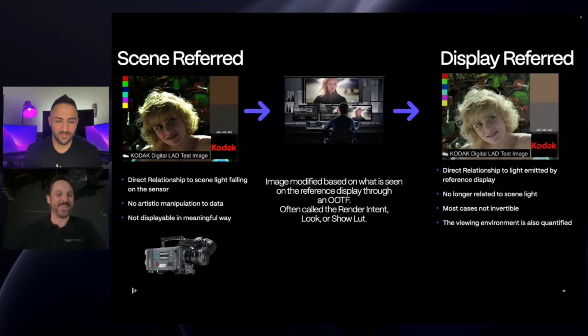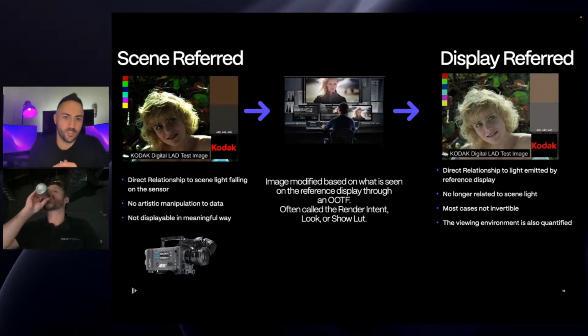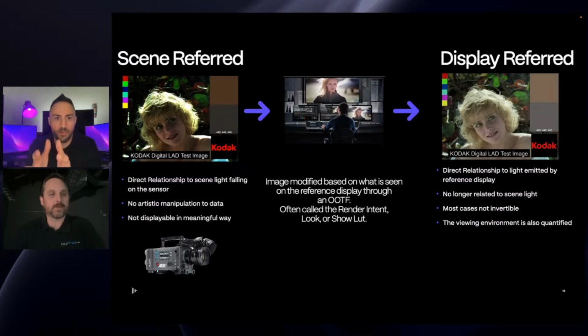Yeah, and I think this is a great slide because it shows you on one side your capturing format. Whatever you have on the scene referred is designed for capturing as much information as possible, and it's not ready to be displayed. It's a great example of simplifying in one slide, and it goes through a process. And then now you have an output, which is ready to be displayed properly. That's what I love about this.